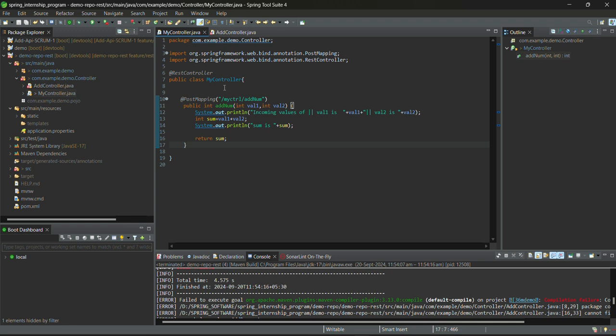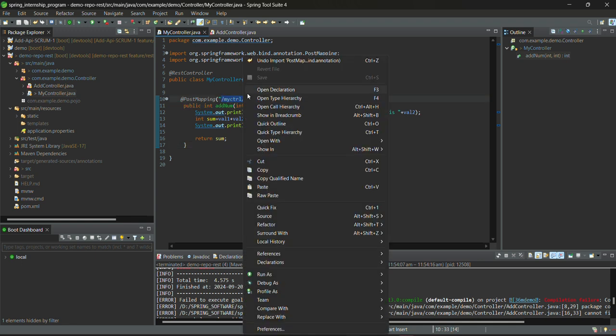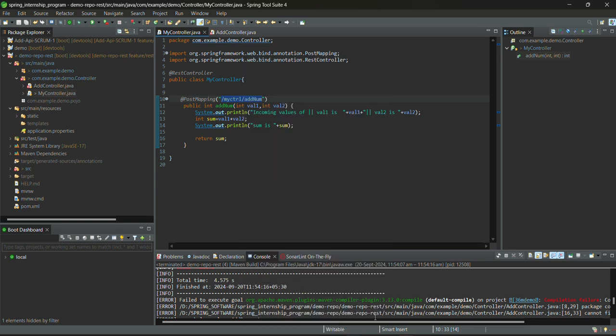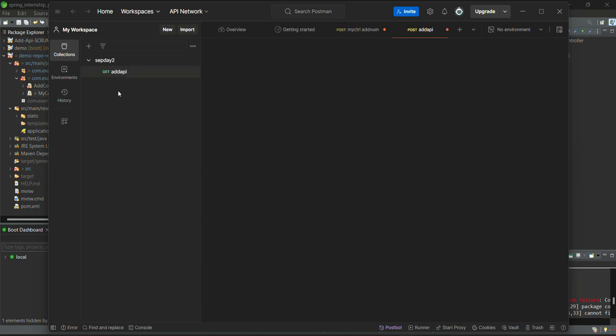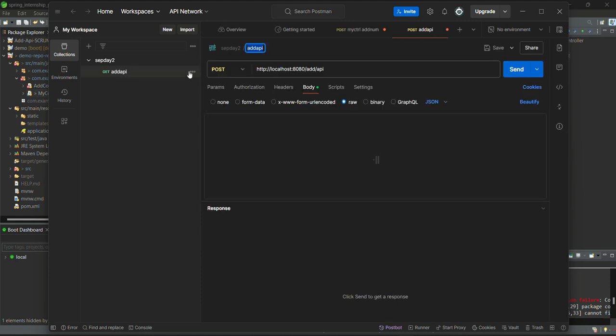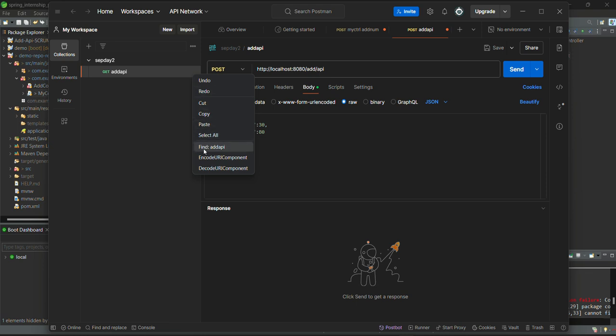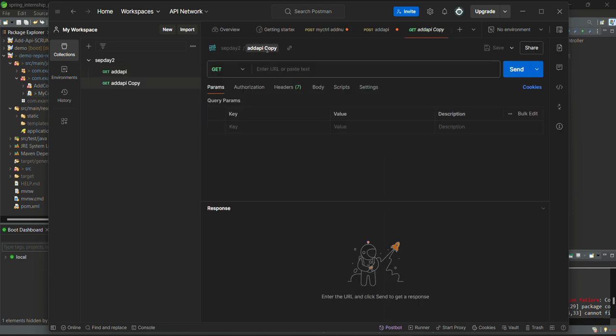I can copy this, open Spring Boot, duplicate it, change the name, add two numbers,